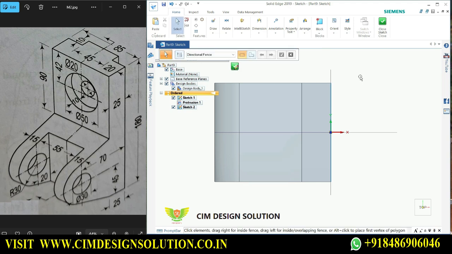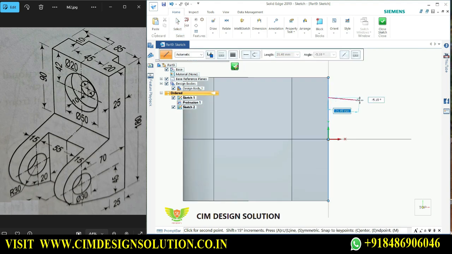Done. Now I will see, this also can be drawn with the help of rectangle. Just to show you, I have done this project option. Okay,